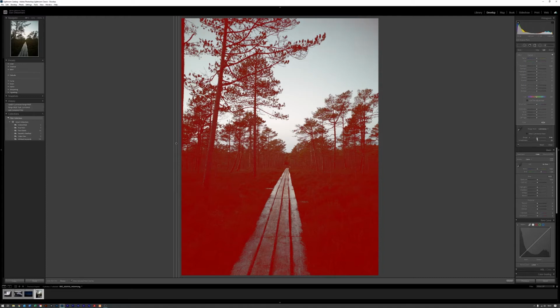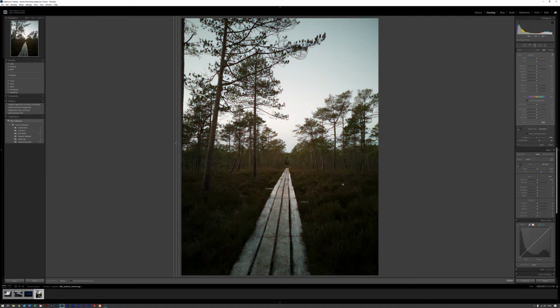From there, I can go to smoothness, and I'll drag the smoothness up slightly, and that's going to feather this effect. It's going to feather these lines very slightly, just allowing me to make it look a bit more real, like it's not been edited, but has been taken as a photo. I'm going to hit O on the keyboard to take that range mask selection off, so you can now see the image rather than just the redness, so you can see what adjustments you're making.